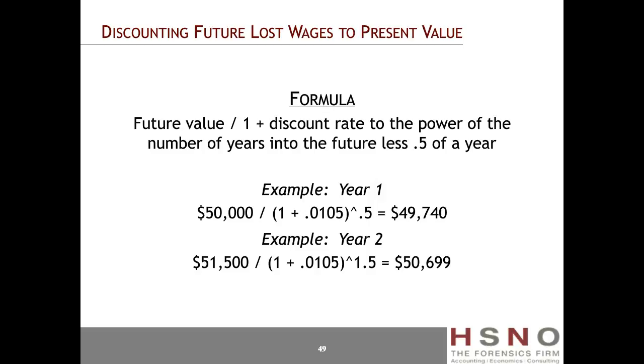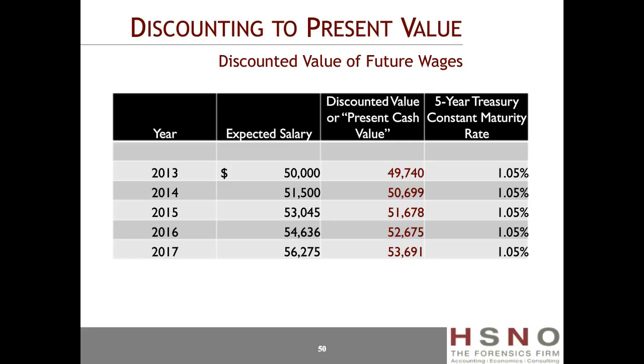We discount for the second year, $51,500. That's the $50,000 after the 3% annual increase. We're going to discount it for a year and a half. It's going to be worth $50,699. Okay. So here's where we grew the wages, 3%, up until $56,000. Then we take the $56,000, we discount it over that period, and it's really worth